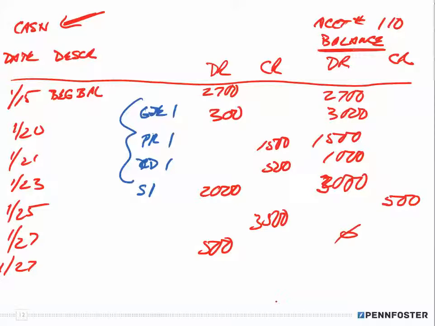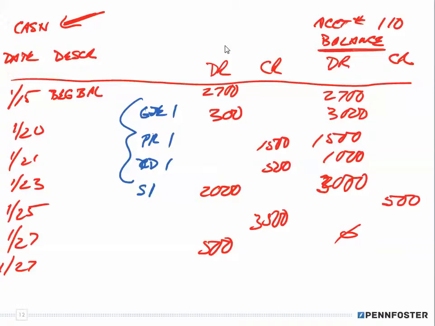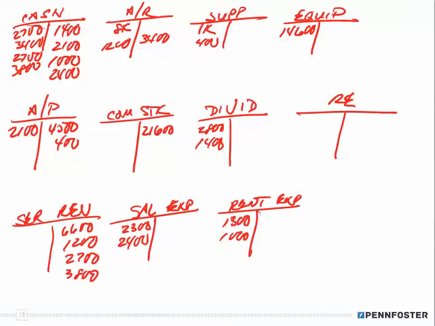So now I have a zero balance in the debit column. But that's what you're going to be doing with each and every posting of the transactions. Because of space, I'm not keeping a running balance in this cash account. I'm just using the T accounts to represent the 4-column ledger sheet. But the bottom line is once I've posted all of my entries, now I need to create